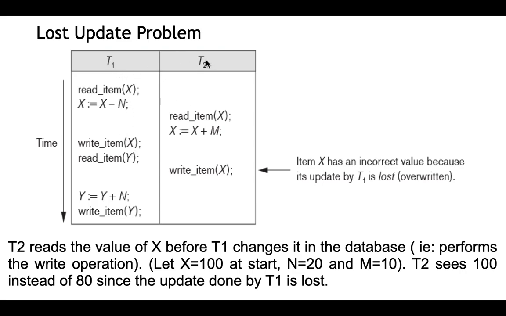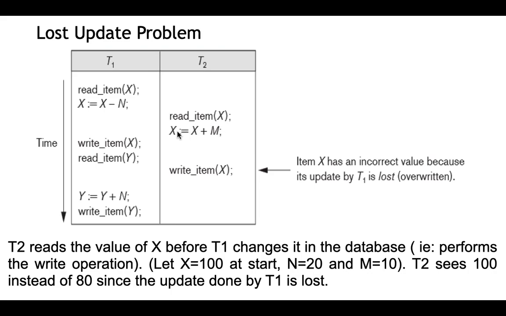But since T1 and T2 are occurring simultaneously, after the statement X equal to X minus n is executed, at the very next instance, time going down as shown on the left hand side, X is read by transaction T2 and they try to add 10 to X. So this 10 is actually added to X. Now what is the value of X when it is read by T2? It is 100 itself. It has not become 80. Why? Because it becomes 80 only when write item X is executed. So at this stage, read item X by T2, X is 100 and m is 10.